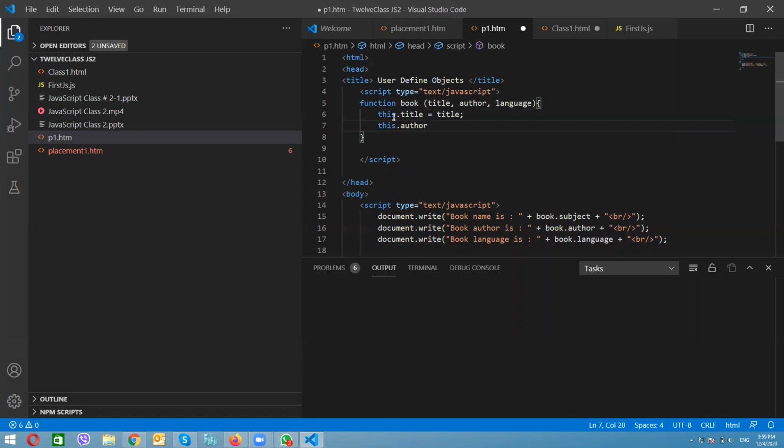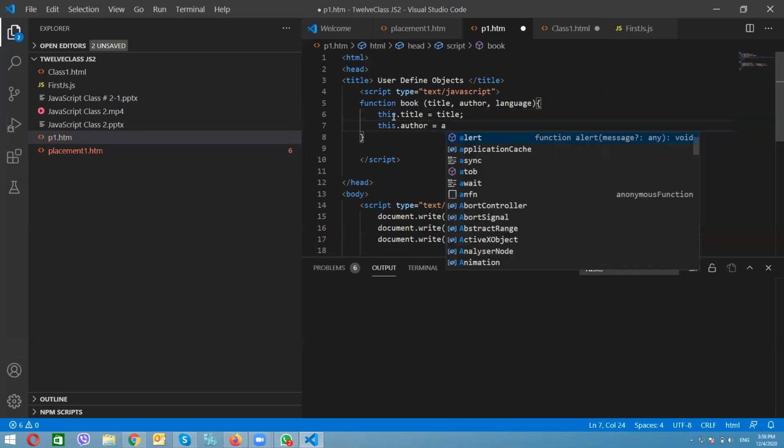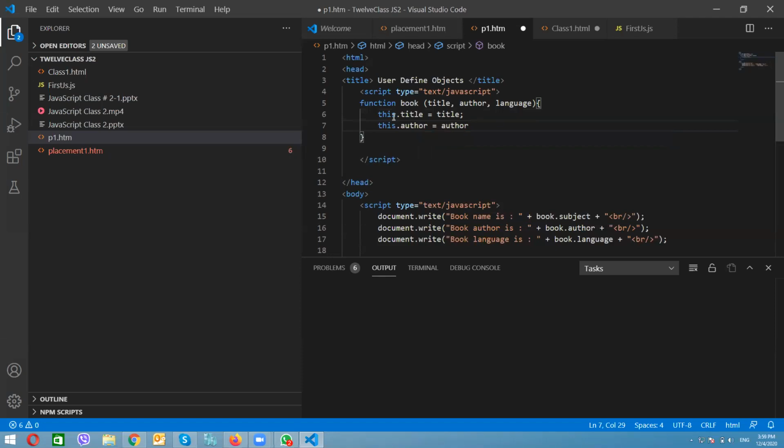You get my point? So this author will be assigned as author, whatever. What is this author? This author is this property. Title is this property. Whenever we pass any value, it will automatically come under this method.